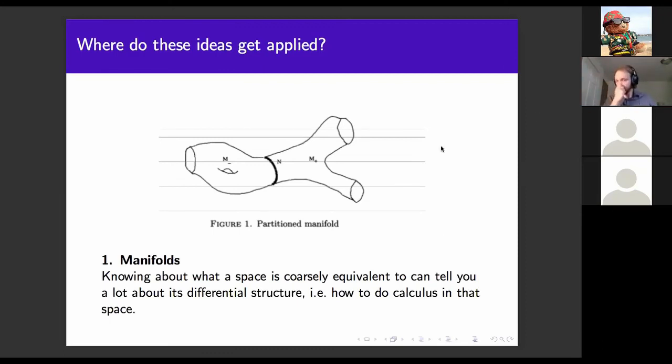Thomas, may I ask a question? Sure. The way you motivated the idea of a coarse space, I couldn't pick up much difference between how one might have motivated the concept of a metric space or a uniform space. Could you please explain the difference between these things? You mean what's the difference between doing coarse geometry and doing uniform space things? What are the structures that coarse geometry studies? Are they some kind of generalization of uniform spaces?